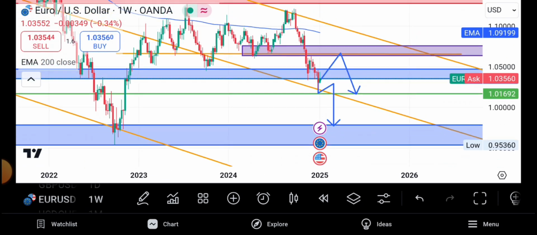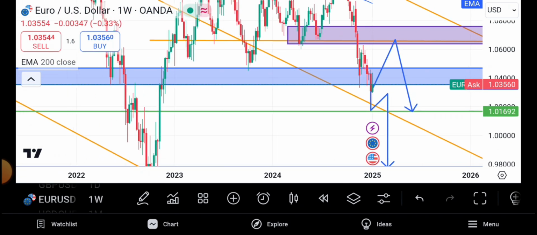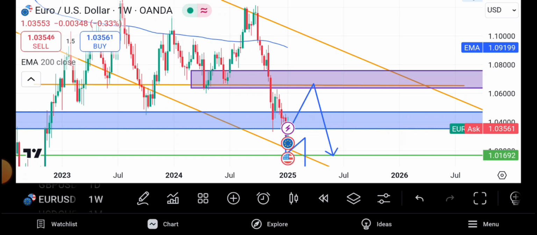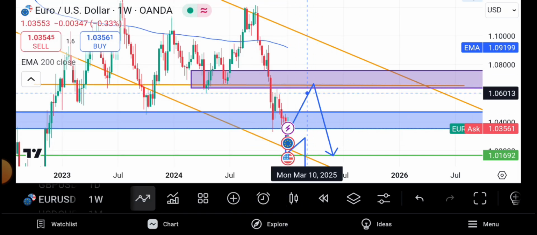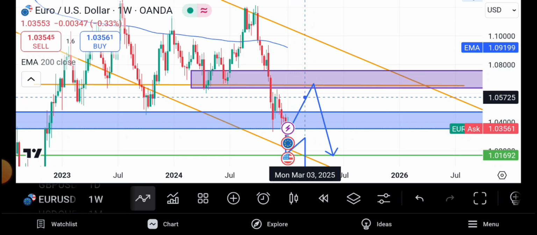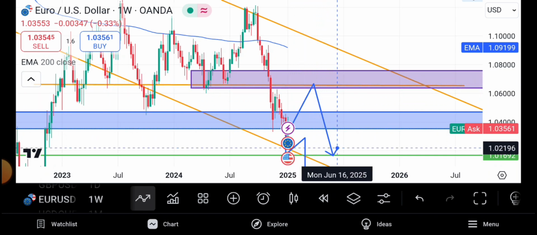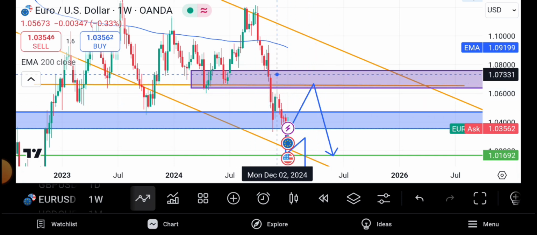In the weekly time frame, why am I saying that the higher probability trade is that we wait for this price action to be pushed up to this zone, then it drops? Are we together? But now in the weekly time frame, we can see there is a gap here that we never reclaimed, and above it we can see a supply zone here.